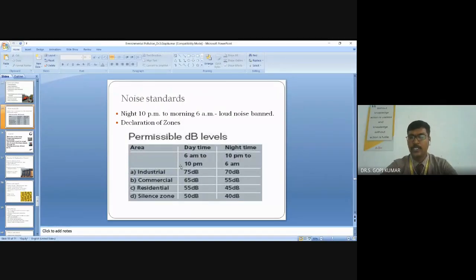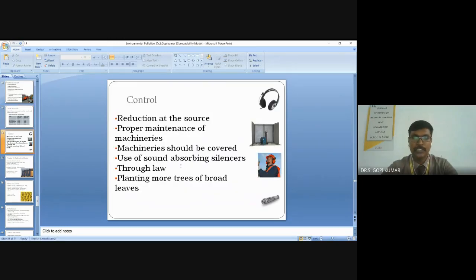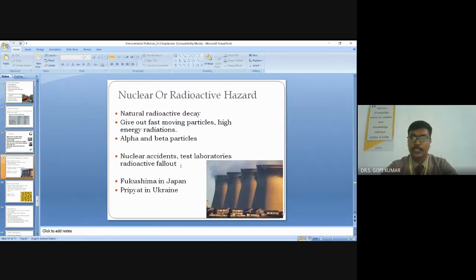And silence zone, this zone is for hospital areas. It is 50 decibel in daytime and 40 decibel in night time. Control measures are proper use of specialized equipment. Regarding nuclear or radioactive hazard, India has 12 nuclear power plants, which is the largest in Asia. In this case, proper precaution is essential for controlling nuclear pollution, and their effects are